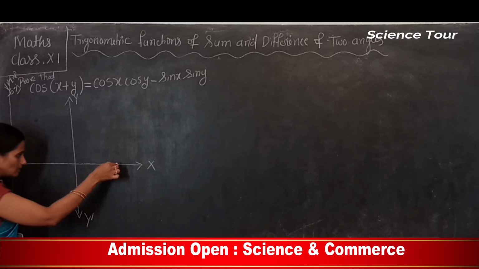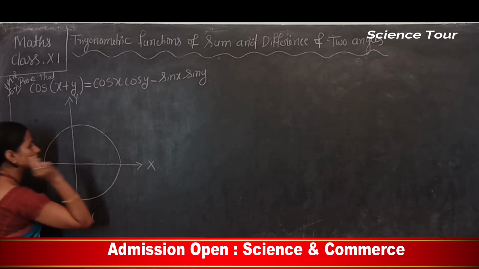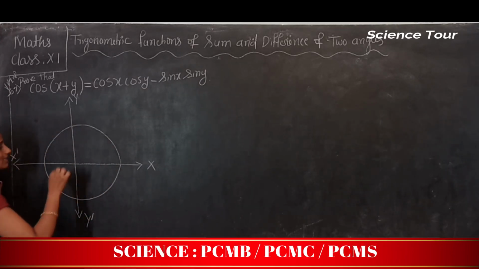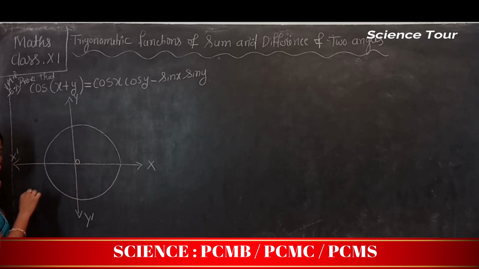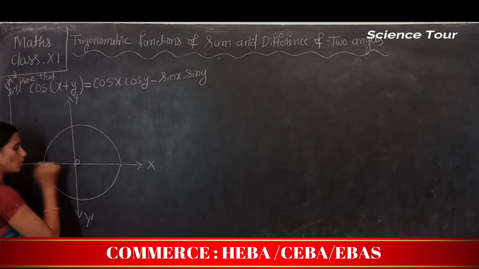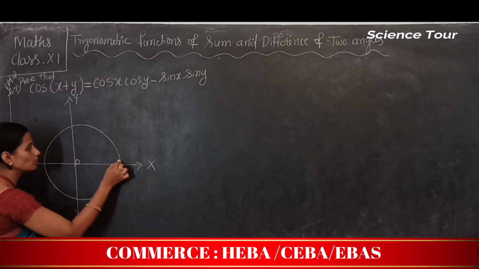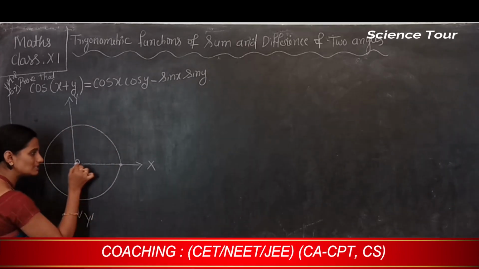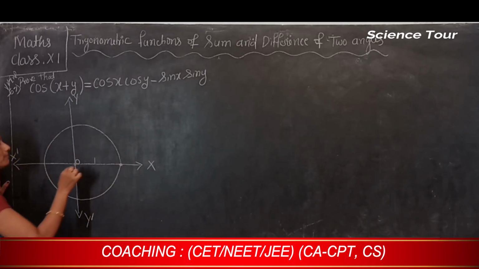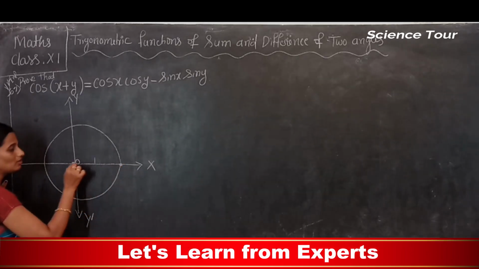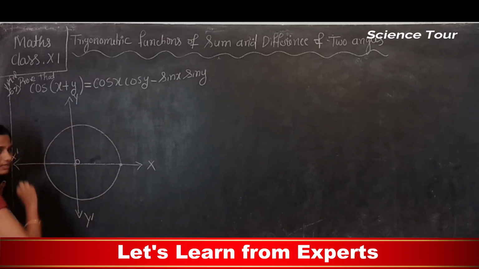So now I'll draw one circle. This is a unit circle, which means the radius is 1. This is O, the center, the origin of the circle. This is a point on the circumference. This distance is the radius. What is the measurement of this radius? It is 1 unit, which means 1 meter, 1 centimeter or 1 foot. So it is generally considered a unit circle.